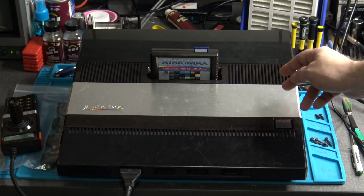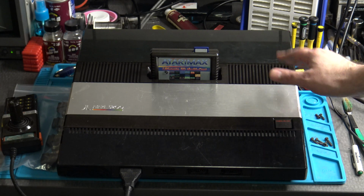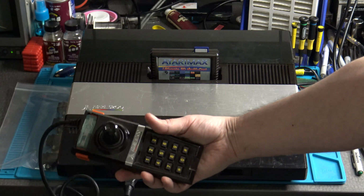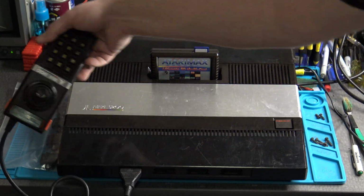Today's video is going to focus on this beast here, and again, this is the Atari 5200. What's today's video going to focus on? Well, it's actually going to focus on a very common issue that we encounter with these, the controllers. But not the controller itself,